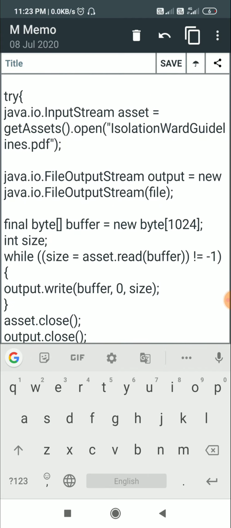After that I have this FileOutputStream called output. This will be a new FileOutputStream for the destination file, which is file. So now here you can see that the input stream is for the source file and the output stream is for the destination file. After that I define a byte array, which means a list of bytes, called buffer of size 1024, new byte size 1024. Then I declare an int size, and after that is the loop, a while loop, which copies